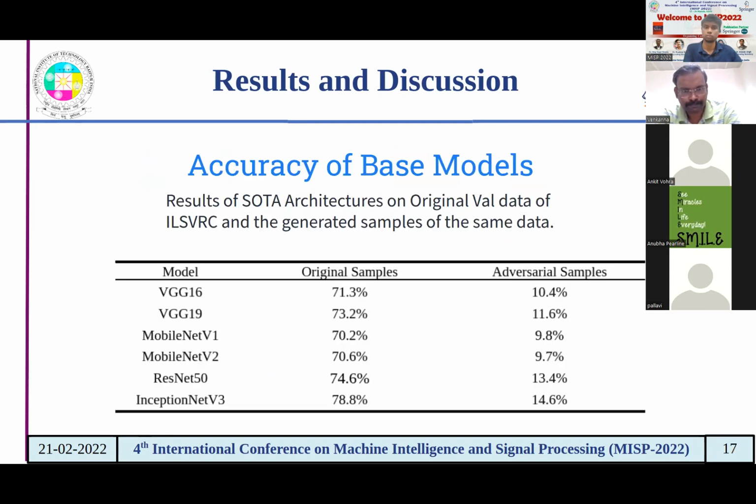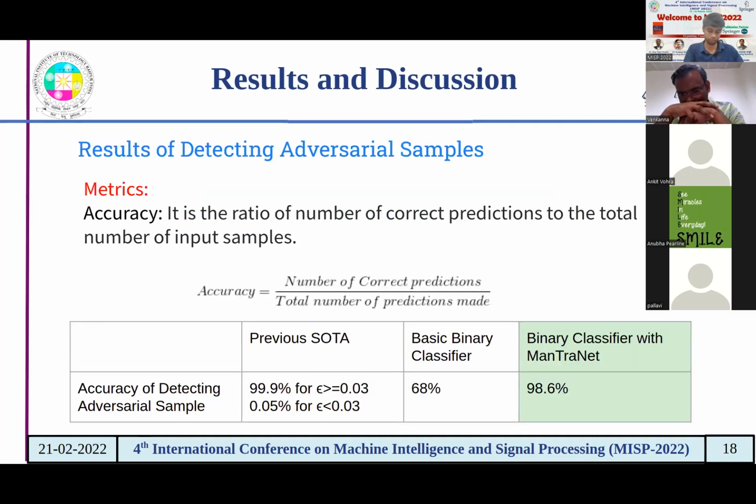So this is the accuracy of the base models on the original samples. The accuracy of the SOTA architectures, VGG, MobileNet, ResNet, Inception, on the original samples is in the range of 70s to 80s. But when we tested them on the validation set we created in our database of attacked images, the accuracy dropped from the 70s to 10 to 15. That is the problem we understood: these models are easily attacked, and it's pretty easy to fool them. So when we trained a binary classifier, we were able to